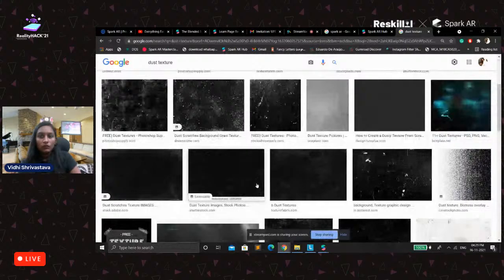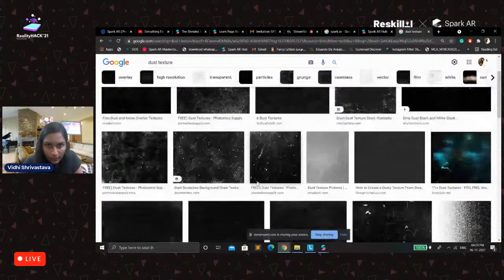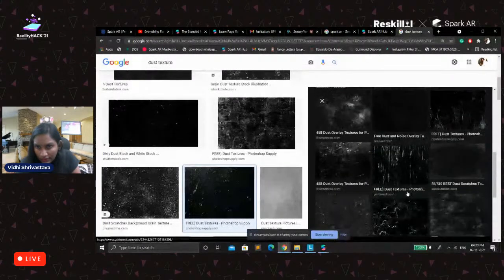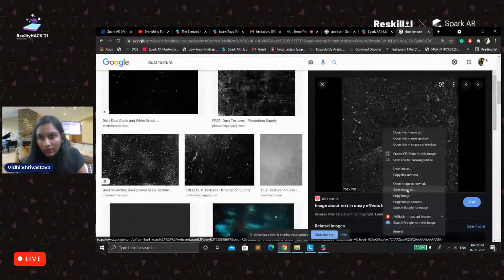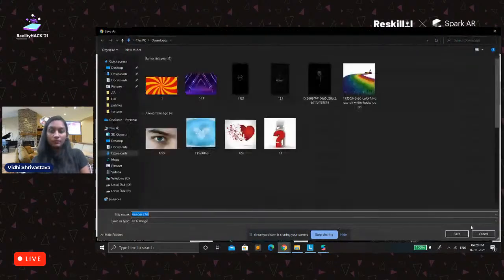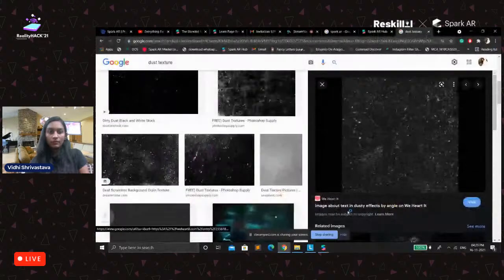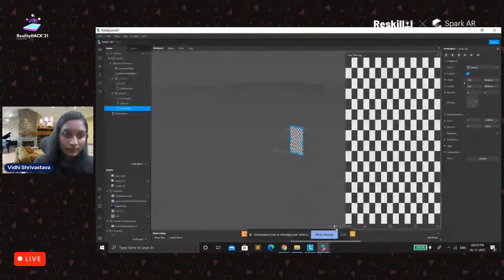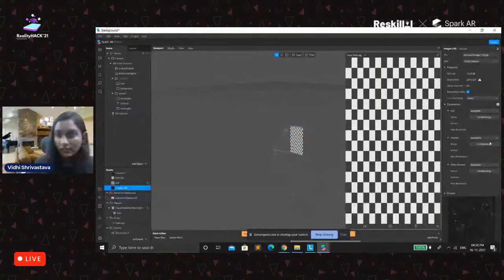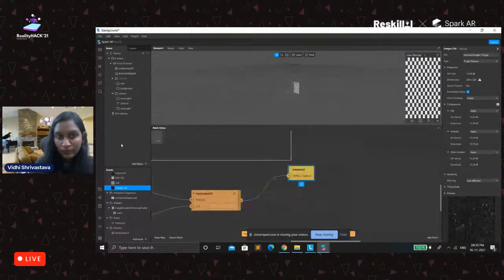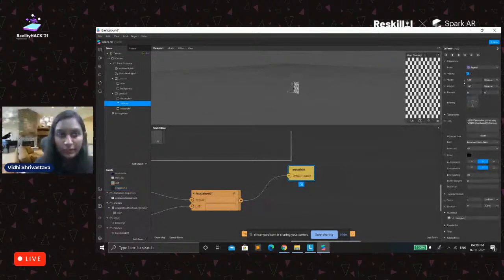So if you want to extract, for example, this one, or this one, and save images, drag it to your project, compress it, and then first of all let me add a material to the rectangle.